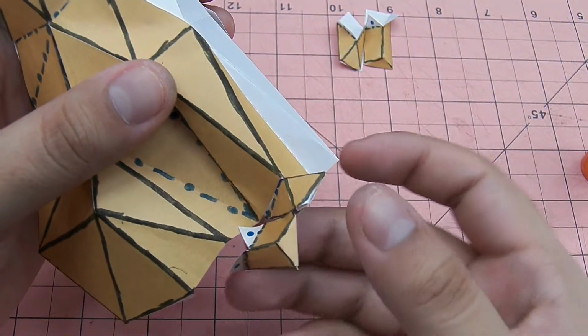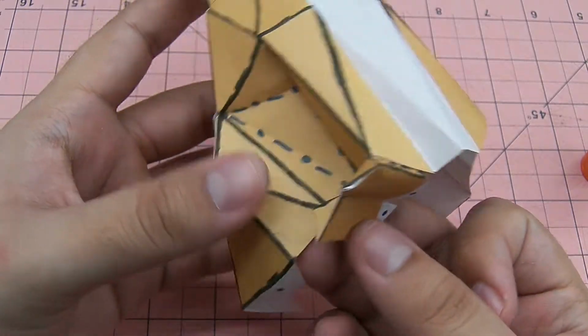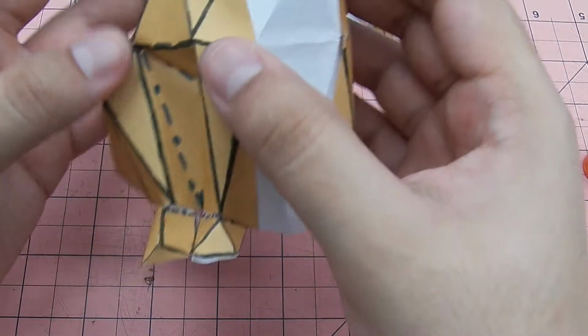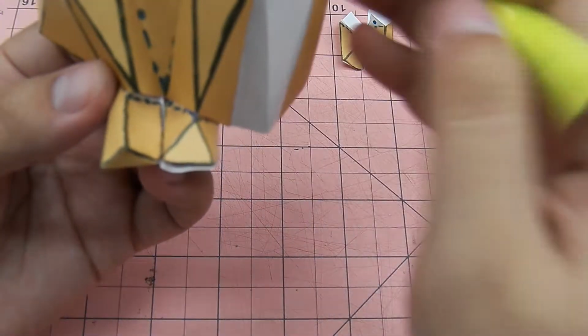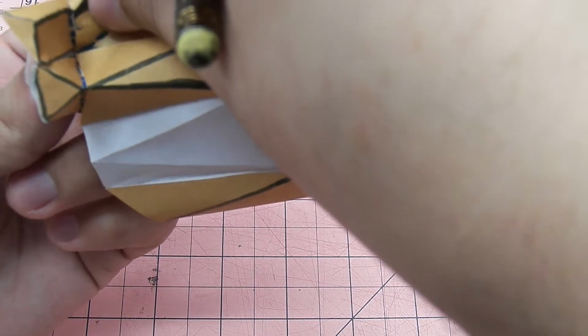Okay, 1, 2. It's gonna glue right here. That, and the final one's gonna end up going to this large part right here. And there you go. Because I'm gonna try to support this one here a little bit. See a few seconds here. Support that. Okay, so that's number